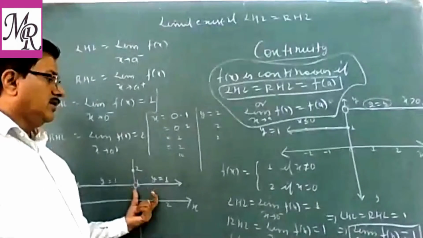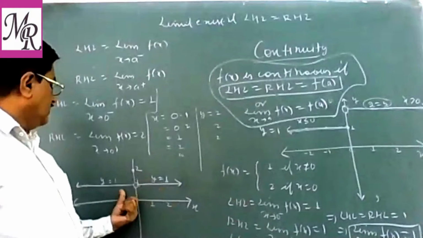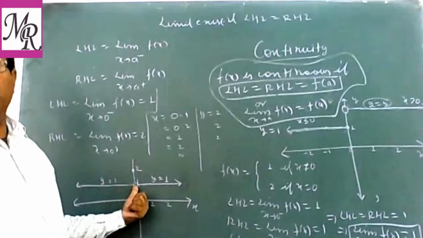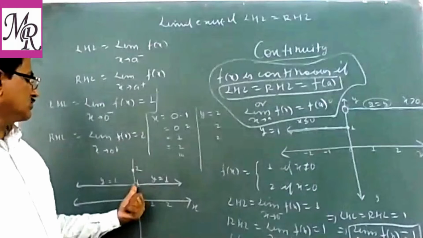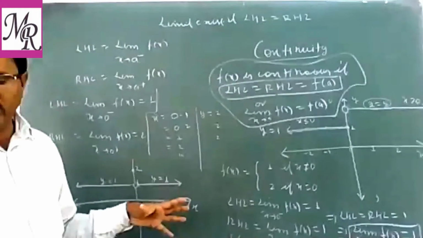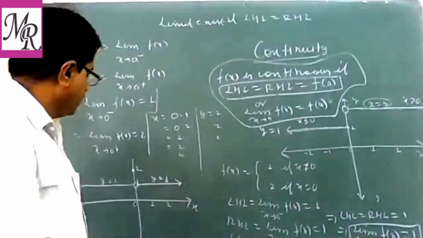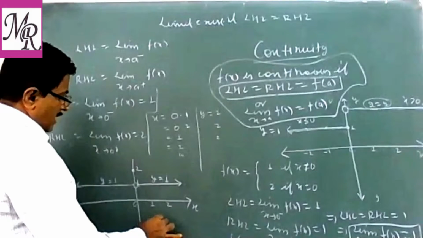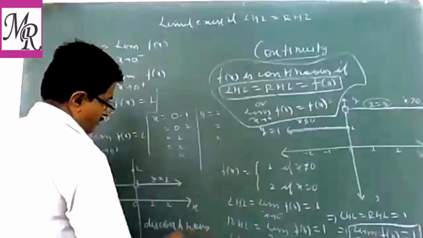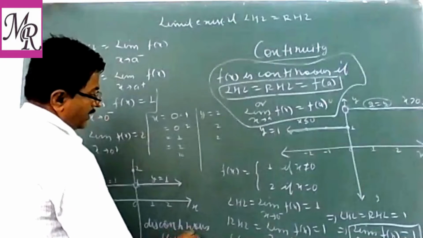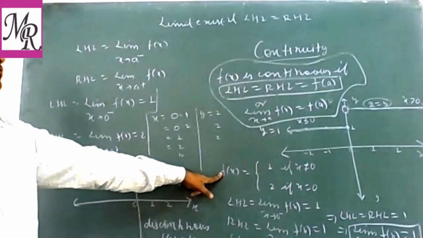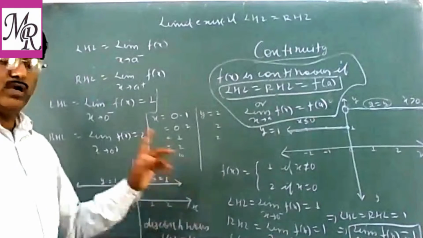And graphically, ये तो आपको theoretically check करना है. Graphically you can check: here we cannot draw the graph in one stroke. एक stroke में हम graph draw नहीं कर पा रहे हैं. That's why this function is not continuous. If a function is not continuous, that function is a discontinuous function. इसको हम क्या कहेंगे? Discontinuous function at x equal to 0. So this function is a discontinuous function at x equal to 0.